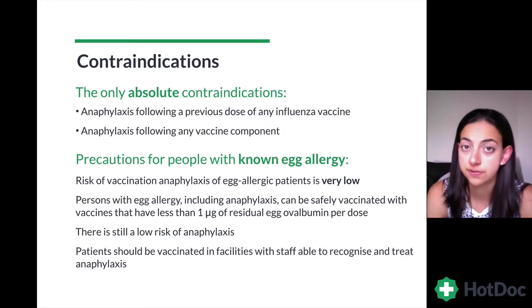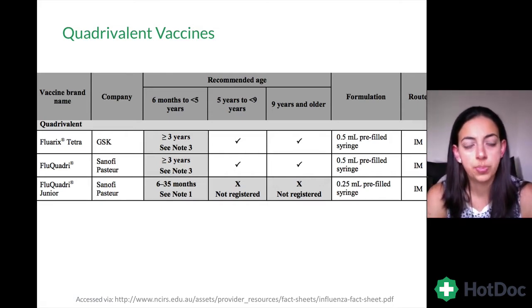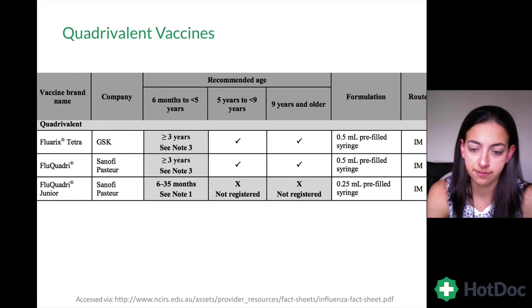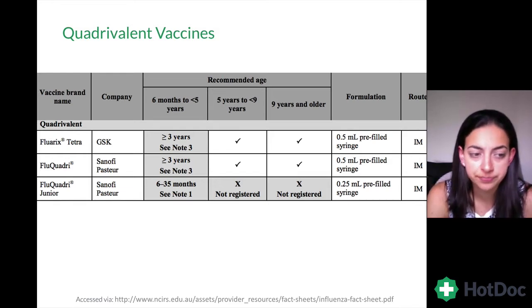Again, this should be the case for any patient, any immunization, all right? Now, I've provided you here with a bit of a table of the vaccine brands when it comes to the quadrivalent. So in terms of the brands at the moment in Australia, and this is taken from the immunization handbook, which you can access online. The brands that we have for quadrivalent, we have Fluorix Tetra by GSK, Flu Quadri Sanofi,